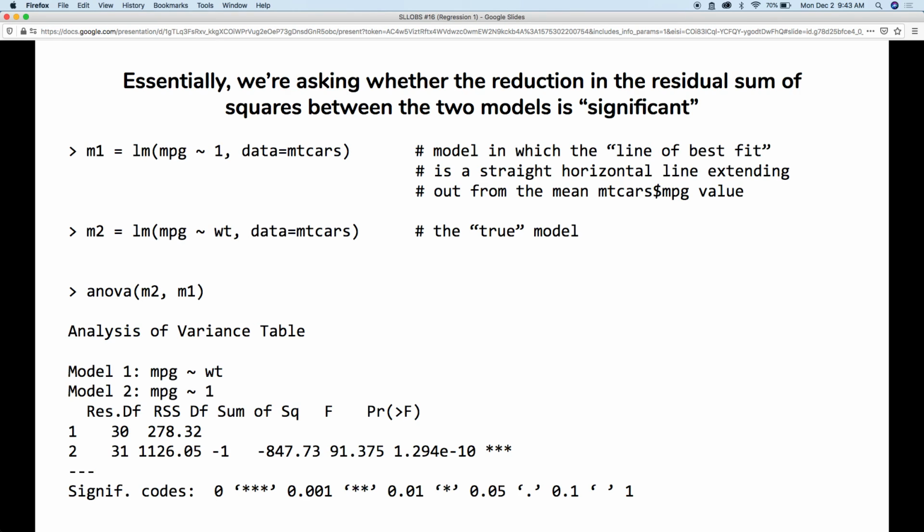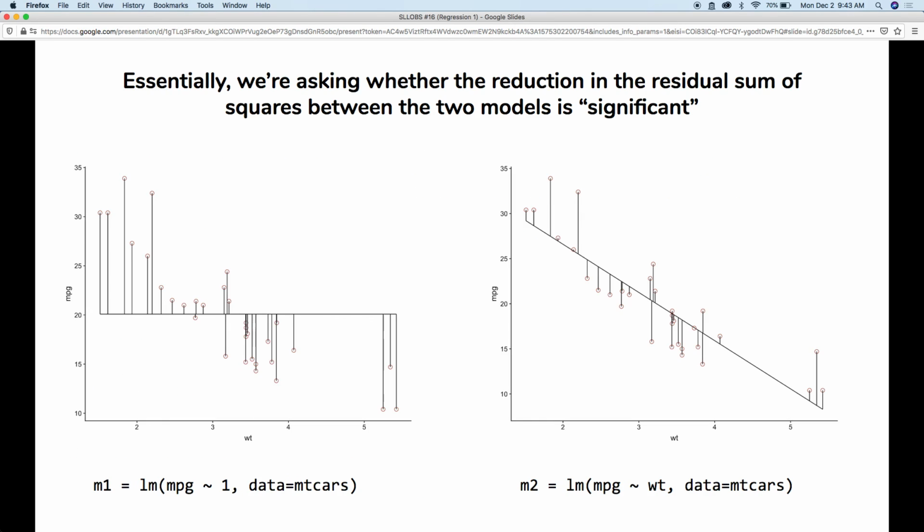Okay, visually, what does this look like? Essentially, what we're doing when we're calculating this ANOVA between model 1 and model 2 is we're comparing two models. The first model is this one, where we're predicting miles per gallon as a function of 1. And if you remember, that just means that we're taking the mean miles per gallon value and we're plotting a straight line extending out from that mean. No slope, no relationship between x and y, and you see that the residuals in this model are pretty large,